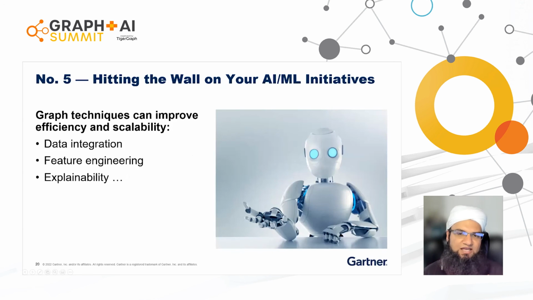The fifth clue, and one that many organizations don't yet understand, is that graphs can help you when you're running into difficulties scaling and improving the efficiencies of your AI initiatives and your AI models. But not only that, but they can offer improvements and potentially new solutions over existing models and techniques. So it helps with model building, deployment, management by increasing the productivity related to data discovery, data integration, feature engineering, model selection, governance, and even, as we found, AI explainability.